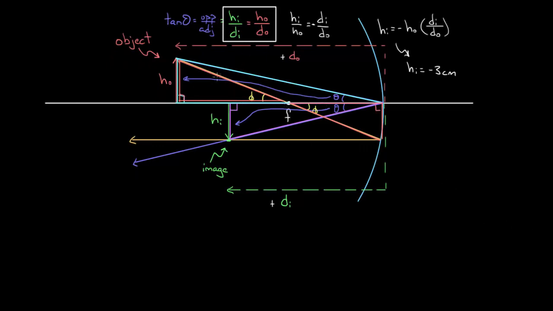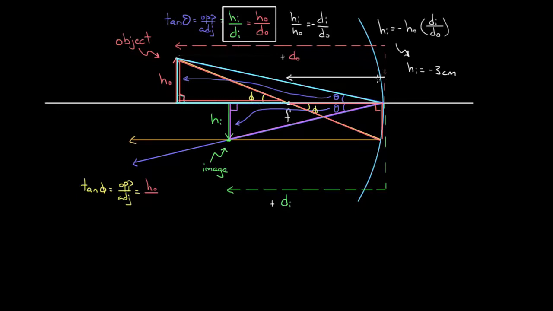We'll say that tangent of this phi is going to have to equal the opposite over the adjacent. The opposite to this phi is this side, which is just HO. So we can write HO divided by the adjacent, which now is not DO because this side only goes to here. It doesn't go the whole way to the mirror. It only goes that far. So that's the entire object distance minus this piece right over here. If I subtracted this much from the object distance, I'd get the remaining amount, which is the adjacent part